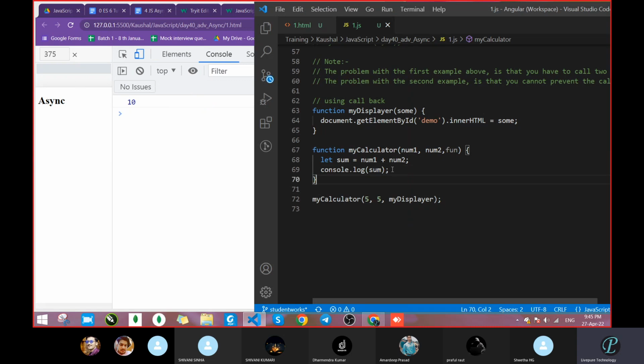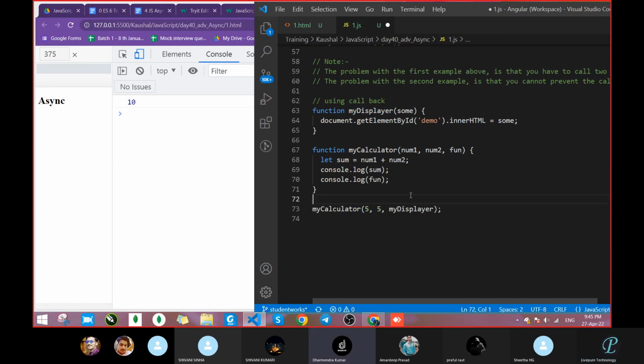Fine. What about fun? If we take it in the console, what do you think will be the output? If we take this fun, what will be the output? Anyone? Undefined, sir. Undefined. What about others? Error. Okay.